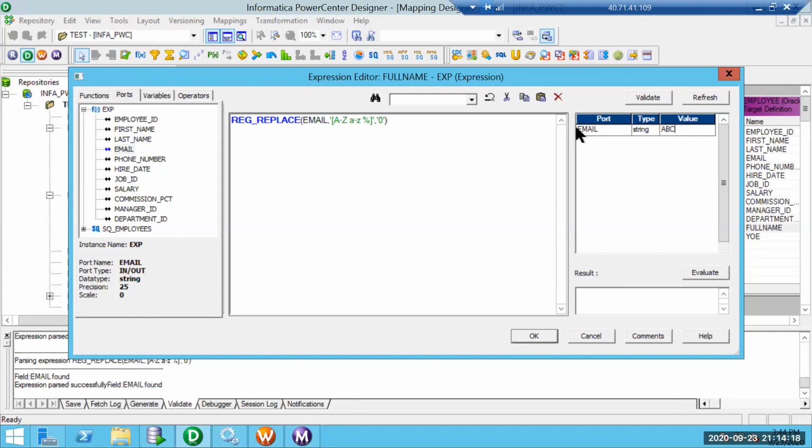A, B, C, percentile, 1, 2, 3. Then 1, 2, 3, A, B, C, X, percent, dollar, percentage. Dollar is a new value and will not get replaced, but wherever we have any character, B is replaced with 0, A is replaced with 0, C is replaced with 0, X is replaced with 0. So wherever we have got some value, it was replaced.